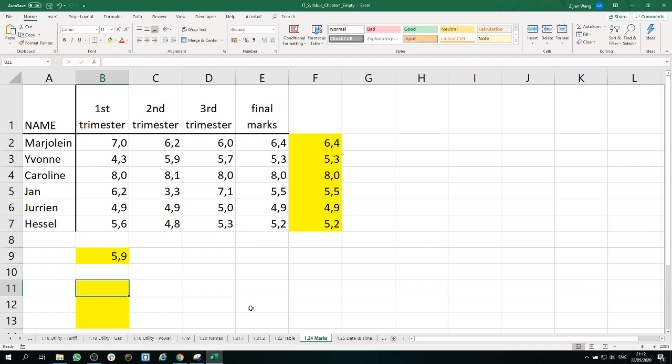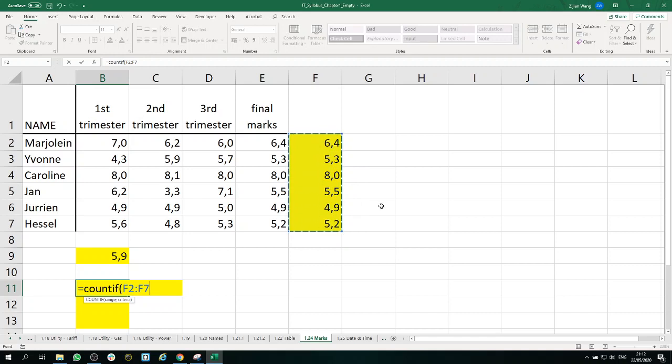I have another function here called countIf. countIf is similar to count, but with the if, it brings one condition. So we are not only going to count, we're also going to count with a condition, a constraint on the data. Here we first select our range,